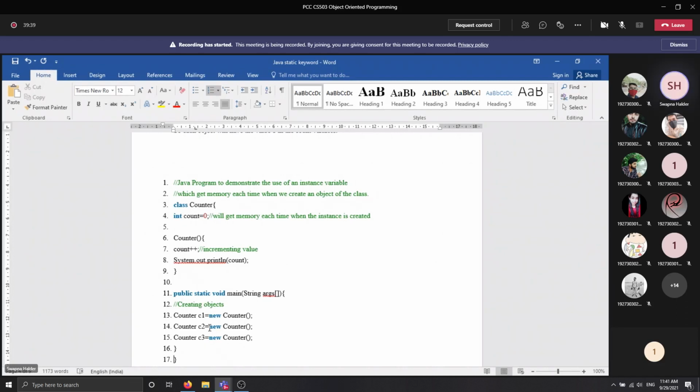Think about it very carefully. What is the concept of a constructor?